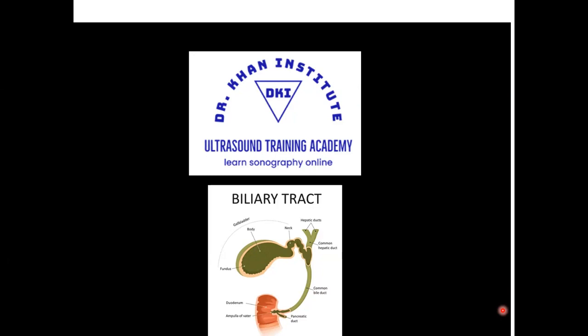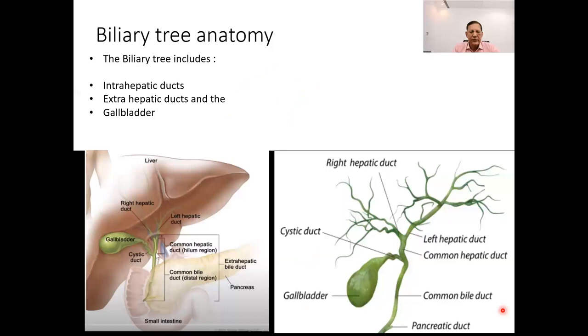Basically, this is a network of bile ducts, also including the organs which are involved in the production of the bile, and then the transport of the bile, and finally the storage of the bile and release of the bile to the intestine. So the anatomy of the biliary tree includes the intrahepatic ducts, the extrahepatic ducts and the